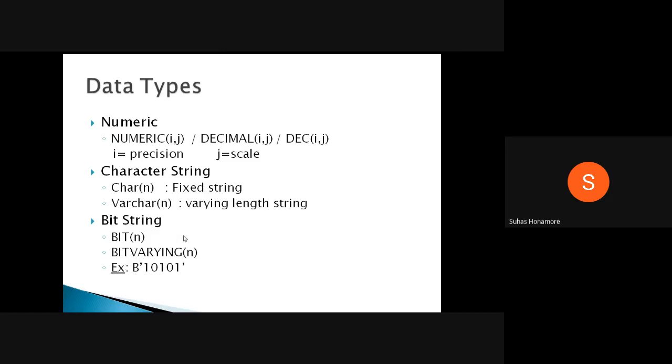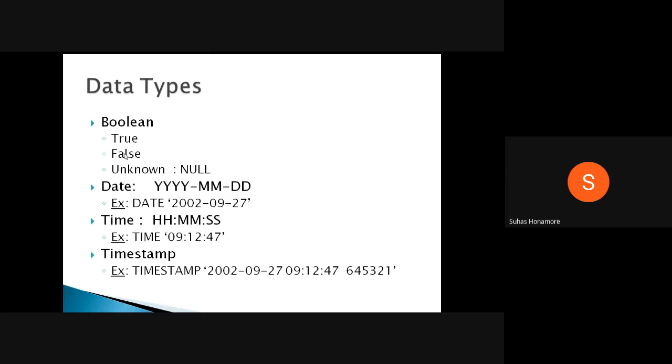And then the next one is Boolean. Here is one more data type, Boolean. Boolean always has true and false values, as in any language. But here Boolean contains one more value, unknown. That is, we don't know whether it is true or false. When we don't know the status of the attribute, at that time we give the unknown value. By default it will have null. What null is and all those things, we'll study once again, immediately after this, including when we can give null values.